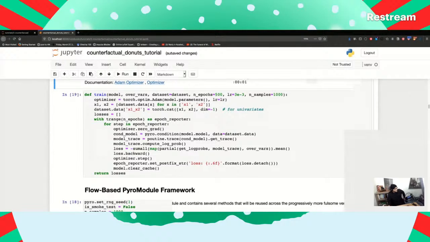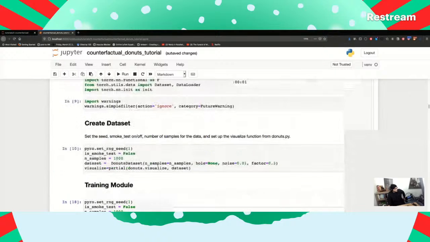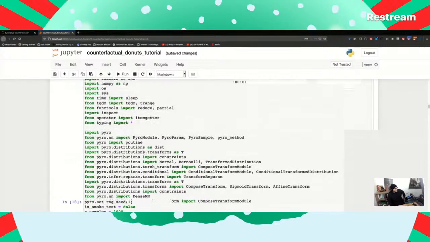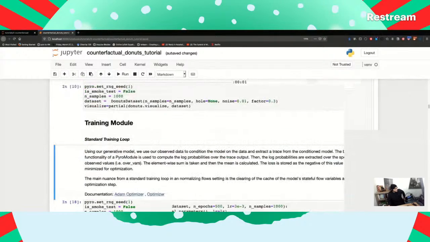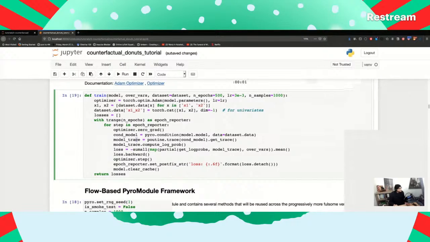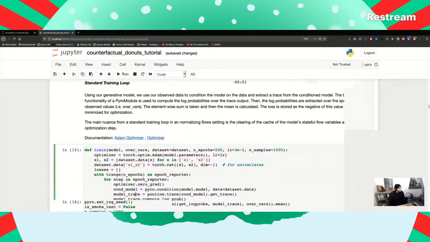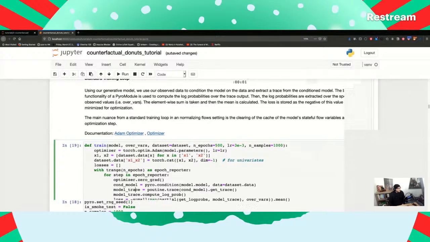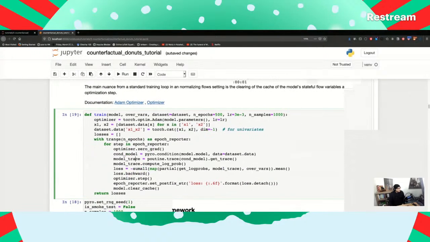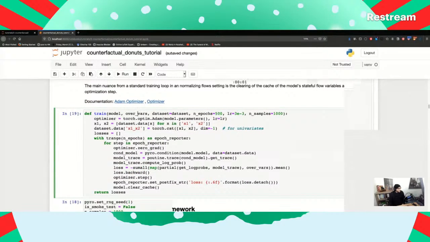Have we specified a model? What's the model? Where'd the model come from? Oh, it's an argument. Okay. All right, so it looks like we're taking some kind of maximum likelihood. So this over vars, what does he say over vars was? Log probabilities are extracted over specified observed values. Don't really know what that bit's all about. We're getting log probabilities.